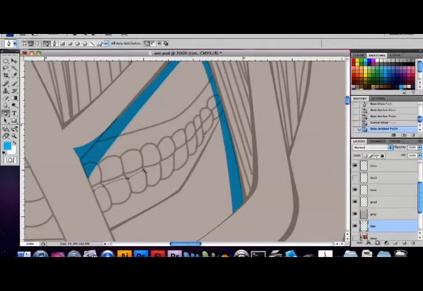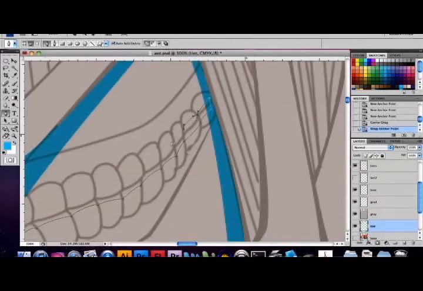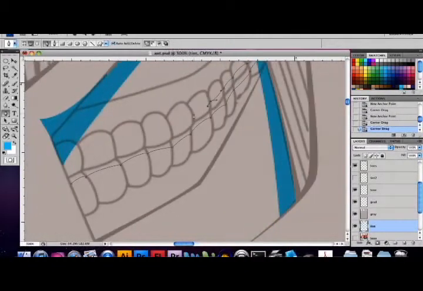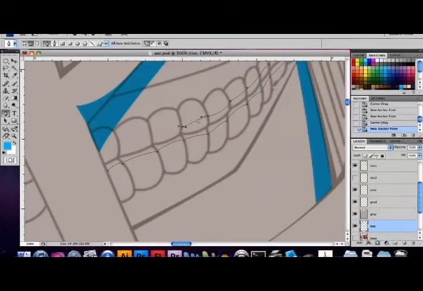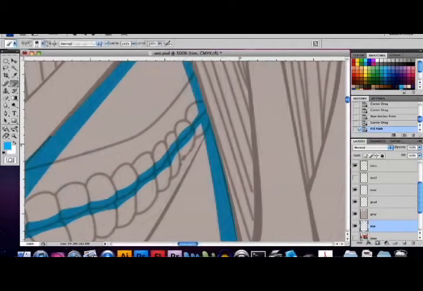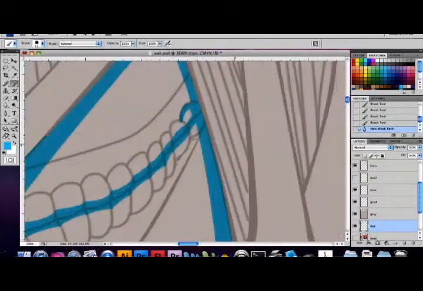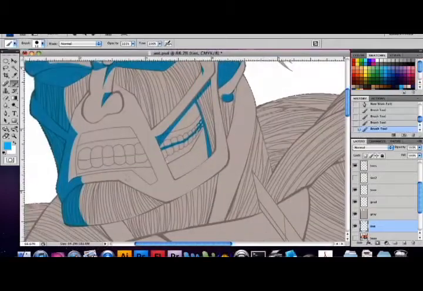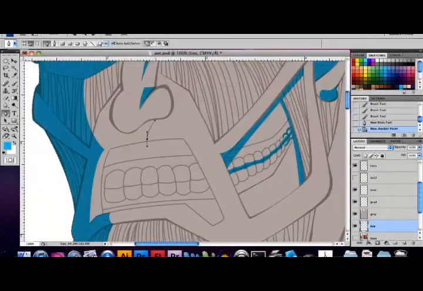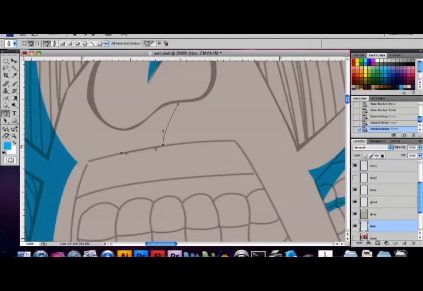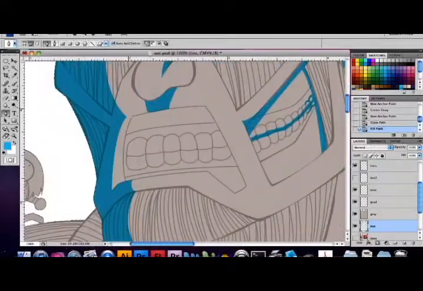So we're going to end up changing the modes for it later on, but for now just leave it on normal and just use a blue, which pretty much is your tint, and it's basically just gonna act as the shadow indicators,